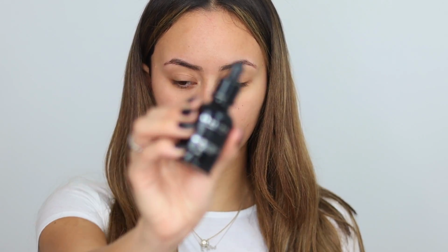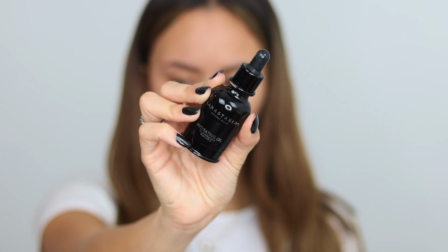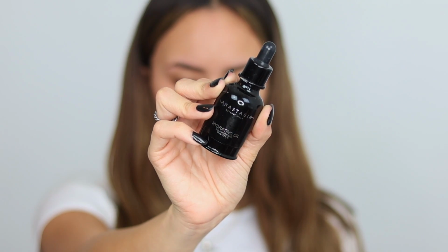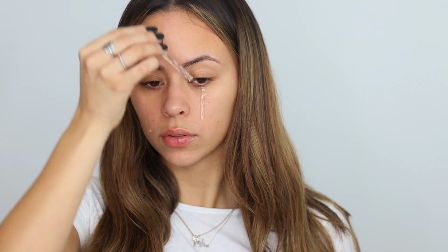Alright guys, so first things first, you know I love starting off with skin and skincare. I have really been loving these new Anastasia oil drops. I think they already had this product, but they just repackaged it, and it's black and so beautiful. It's a lot more oily and runny than the Versali ones,